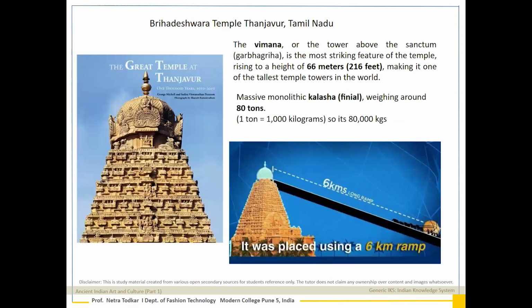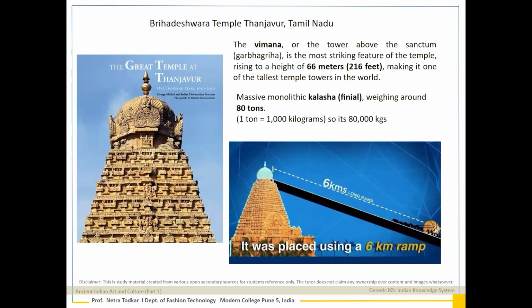The Vimana, or the top tower of the Sanctum, that is Garbhagruha, is the most striking feature of this temple, which is placed at a height of 216 feet. And the weight of this Vimana is about 80 tons, that is 80,000 kilos, and it is made of